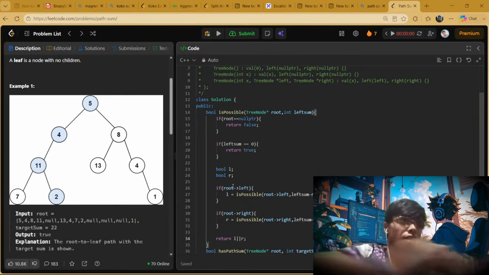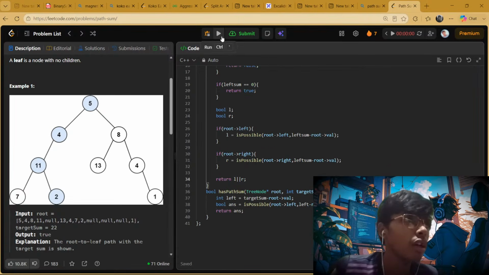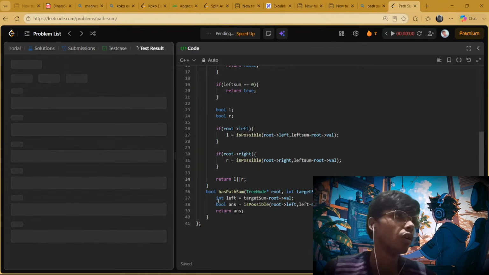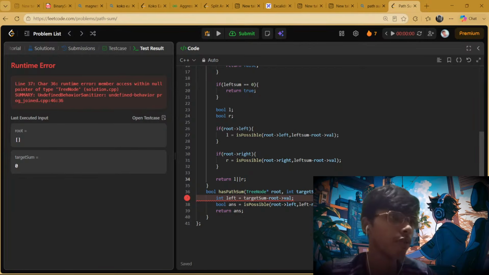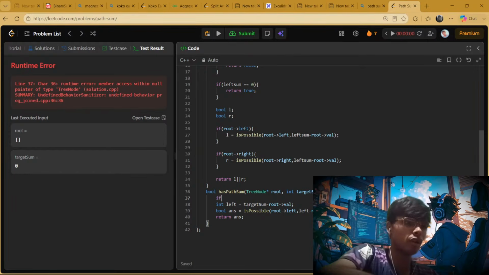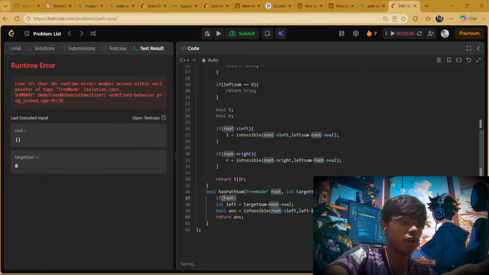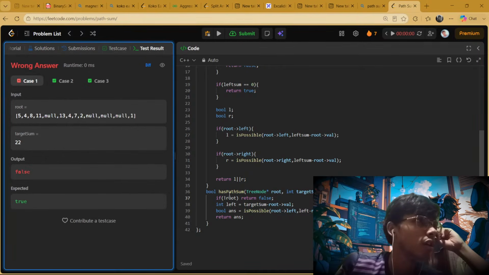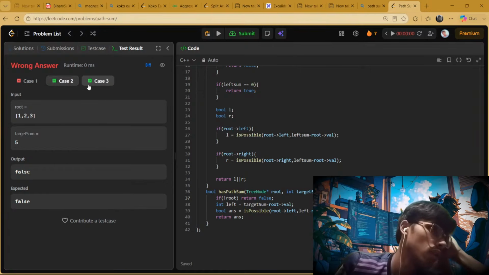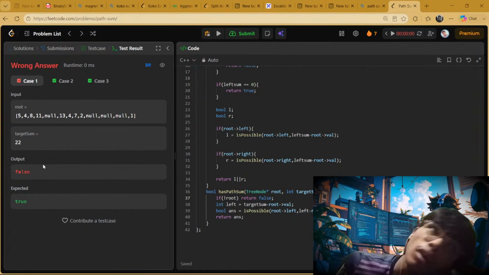आई थिंक सो, पता नहीं ये सही है कि नहीं है। टारगेट सम माइनस रूट की वैल्यू। रूट एम्प्टी हुआ तो फॉल्स कर देना। इफ रूट नहीं एग्जिस्ट करता तो रिटर्न फॉल्स, टारगेट सम निकालना पॉसिबल ही नहीं है। बाकी दोनों तो ठीक आए हैं, ये गलत आ गया।